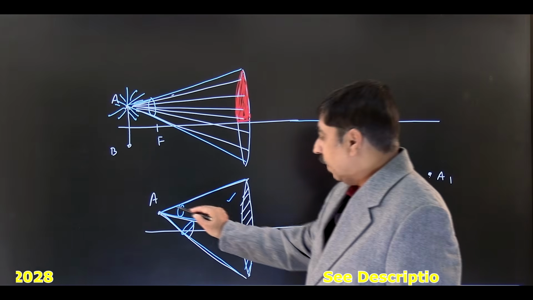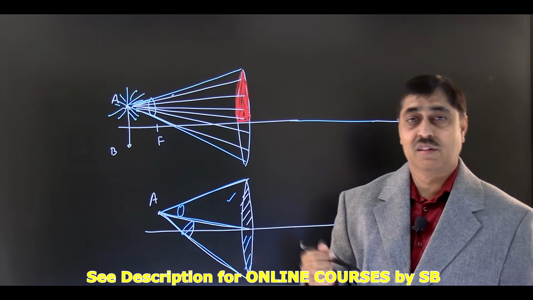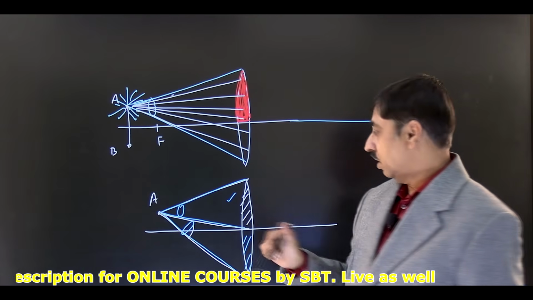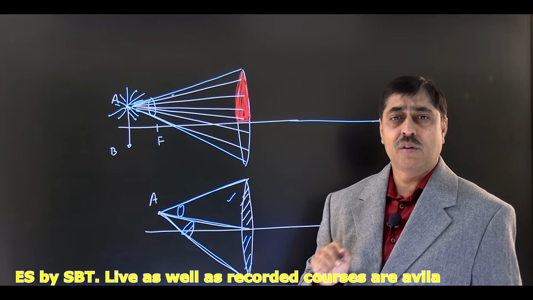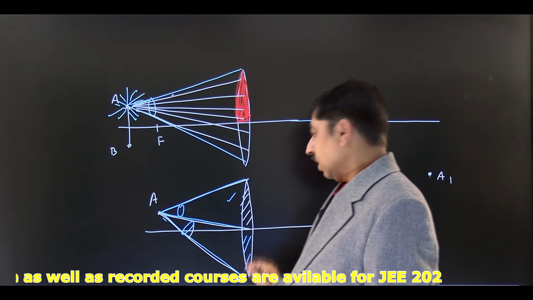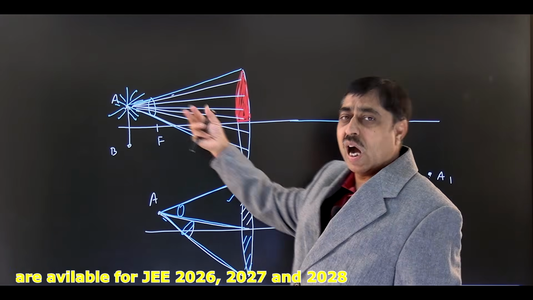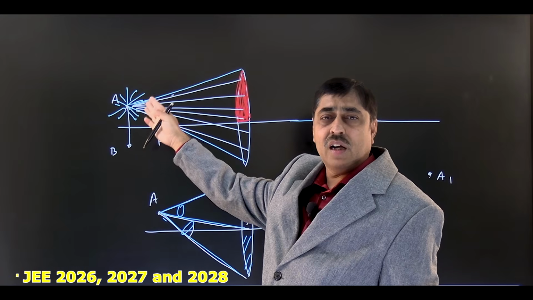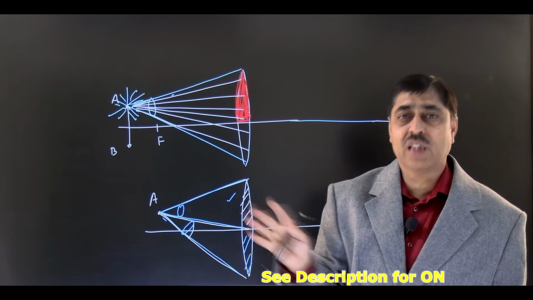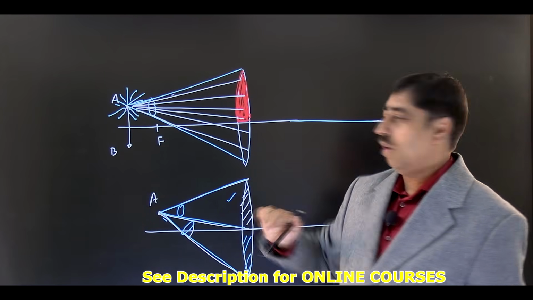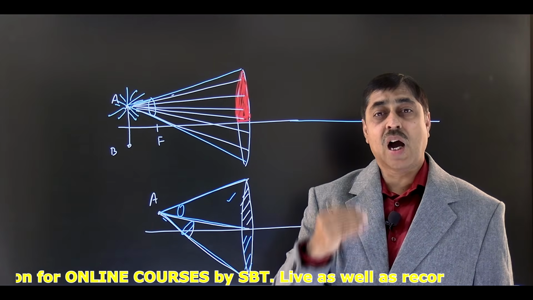So if you divide the entire light energy starting from A and hitting the lens into two parts, then obviously the light energy contained inside this conical part was higher than the light energy contained here. So in simple language, more than half of the energy that used to hit the lens starting from point A has been eliminated. यहाँ से चलने वाली जितनी लाइट एनर्जी लेंस से पास होती थी उसका हाफ से ज़्यादा आपने